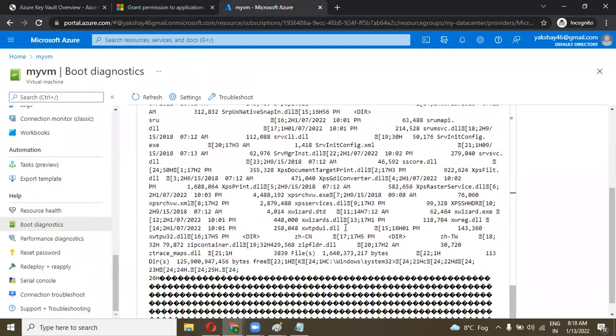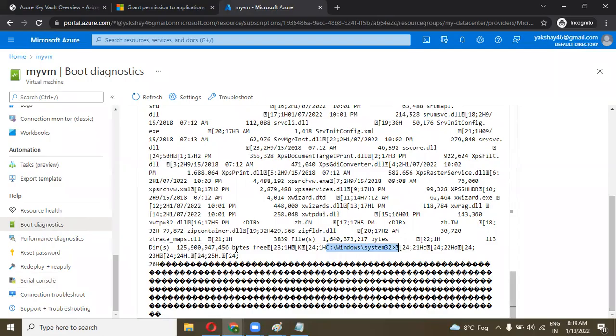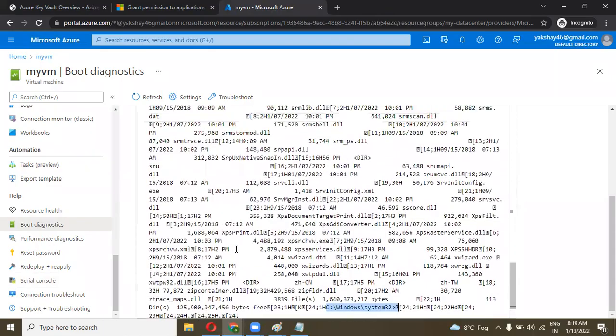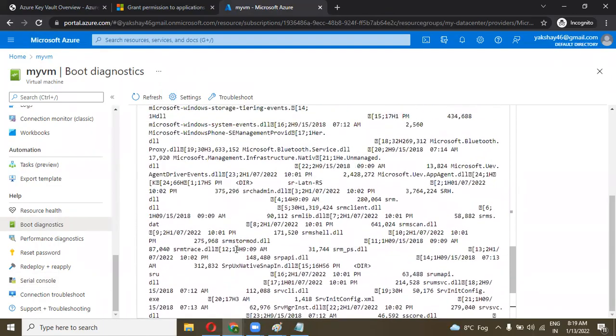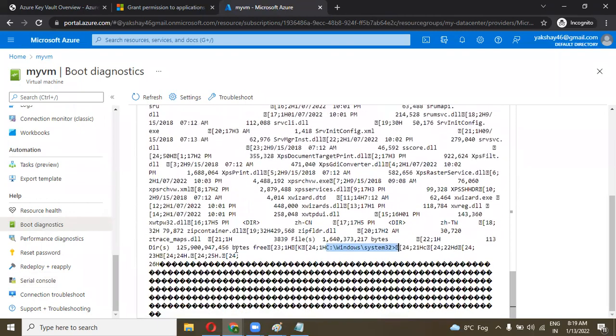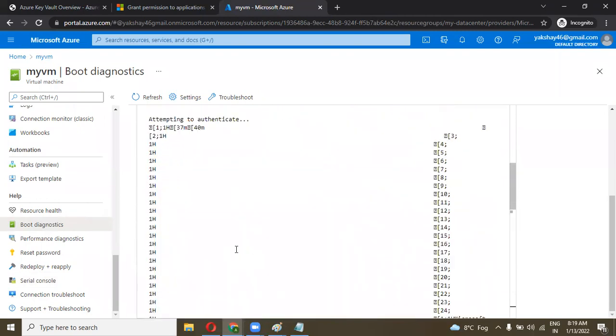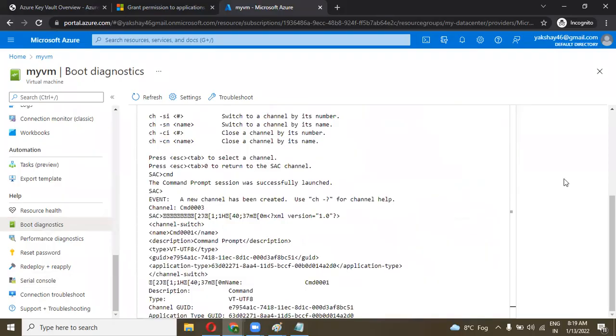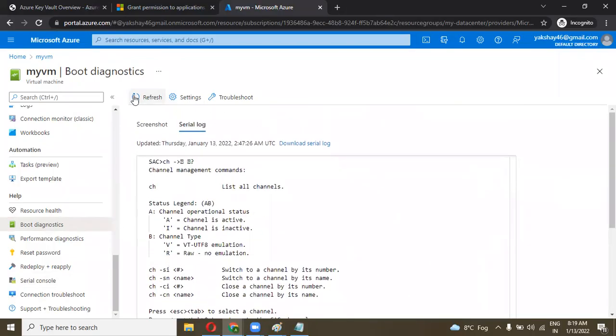So go to the other section. Now you can see I am in the C Windows directory. It is refreshed maybe per minute or maybe after 10 to 15 minutes. You can see the updated time over here.